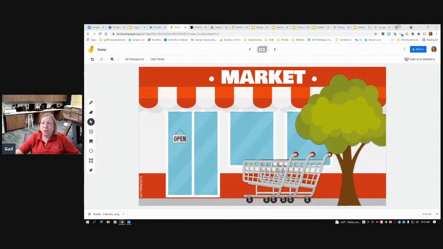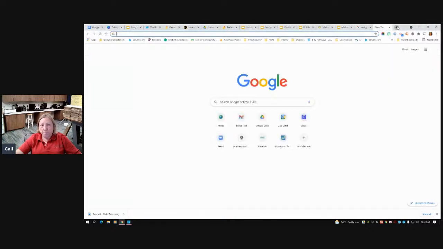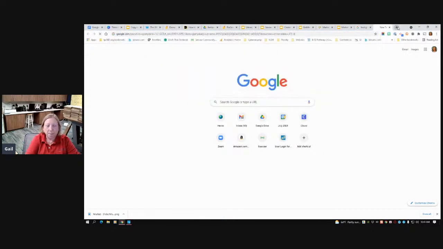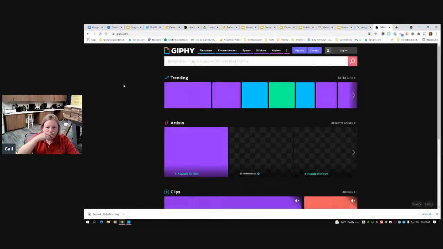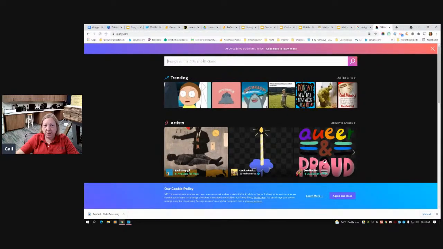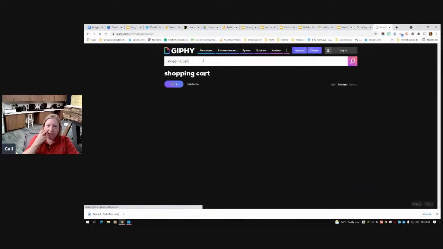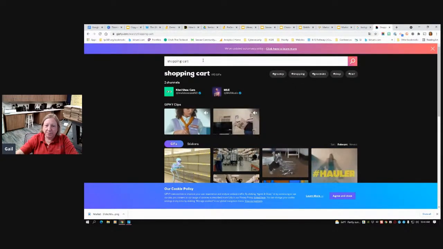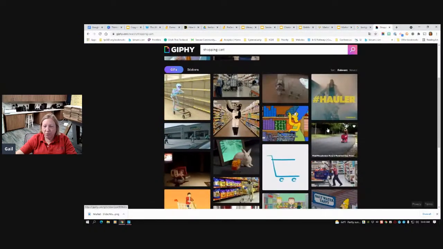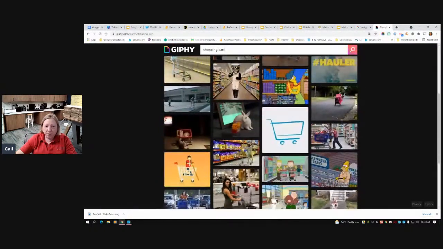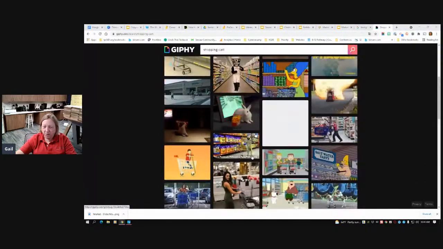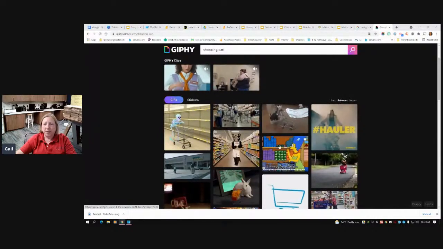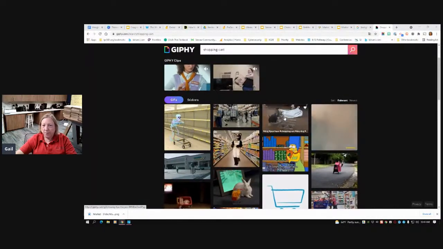So we might as well make it look beautiful and colorful and attention grabbing and not boring. Now, if I wanted to get an animated GIF, which we talked about earlier, I can just go to Giphy, and search for it. And you can actually search things in here. So I can search for a shopping cart to go in my store. Now, I would never suggest a student should come into here because not everything on Giphy should be used by kids. But say I want this,